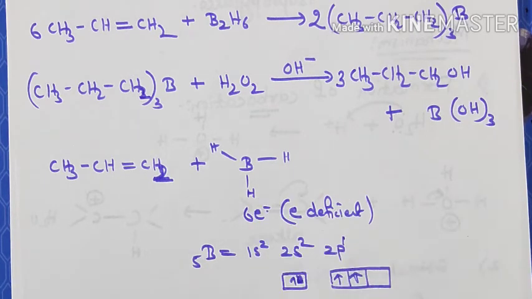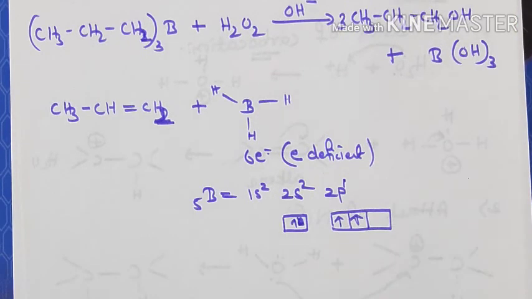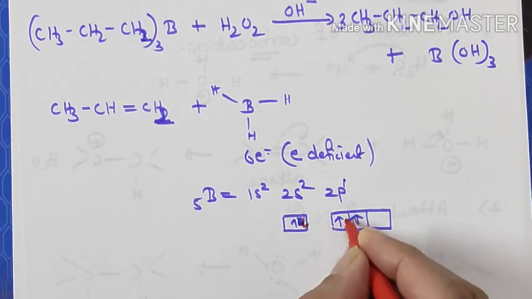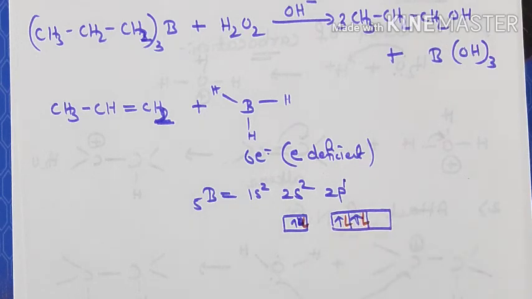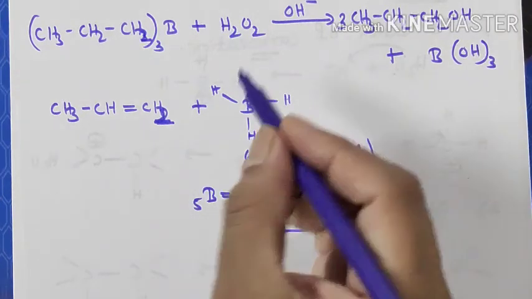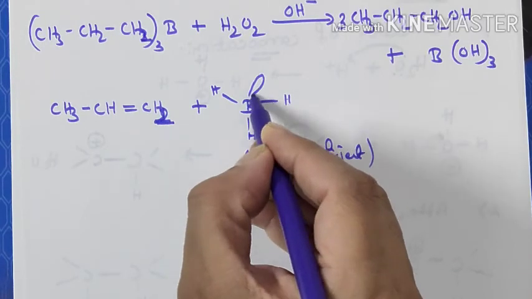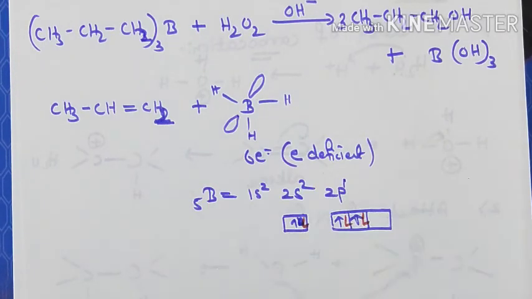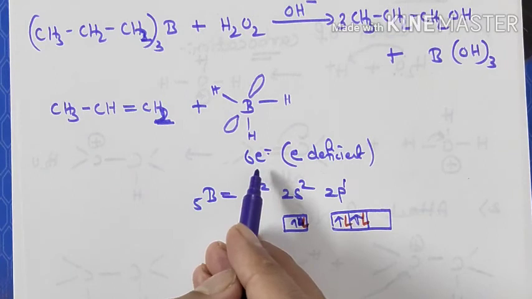And if hydrogen comes, they are going to give one electron to this. So when hydrogen gives one electron, suppose this is the electron of hydrogen, this gets paired. That's how BH3 is formed. But again, this orbital is empty. Understand, student? If this orbital is empty and the octet is not complete,